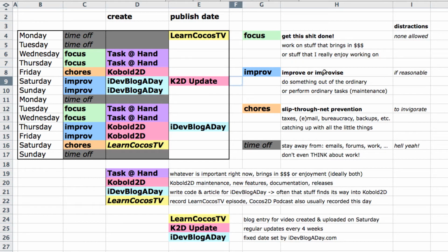Improv days are, for lack of a better word, either about improving things or improvising and coming up with new stuff. So basically it's do something out of the ordinary or perform ordinary tasks, which is basically maintenance. In that case, distractions are okay, just limited, not too much. So essentially it's also a bit of a focus day, but it's also about